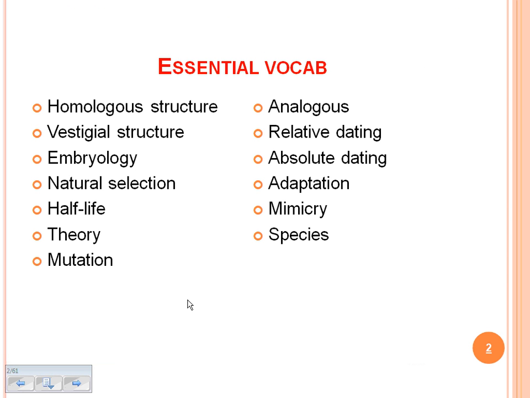So we look at some of the essential vocabulary that we'll be looking at today and throughout this particular slice. Homologous structure, vestigial structures, embryology, natural selection, half-life, theory, mutation, analogous, relative dating, absolute dating, adaptation, mimicry, and species. My suggestion would be, once you take the notes, to make flashcards with these essential vocabulary so that you will know and be able to use these vocabulary words on a concept check or on a